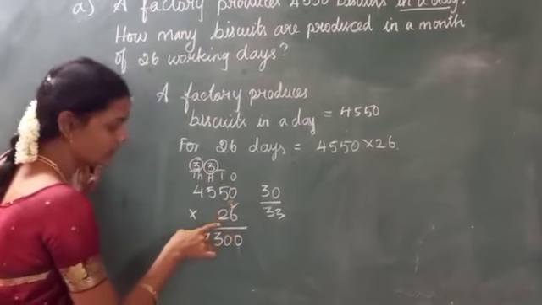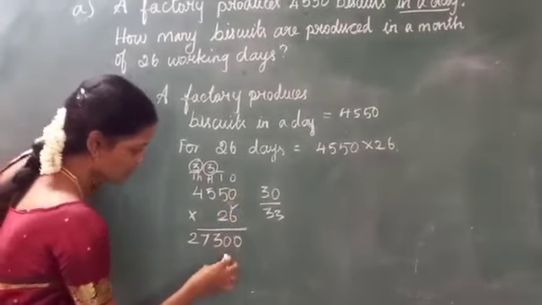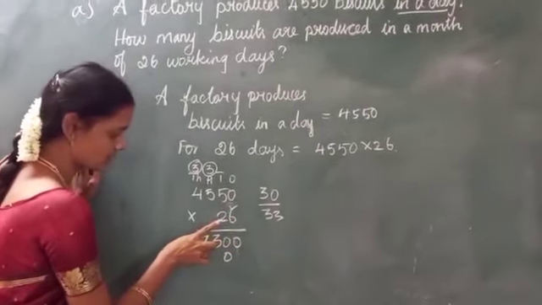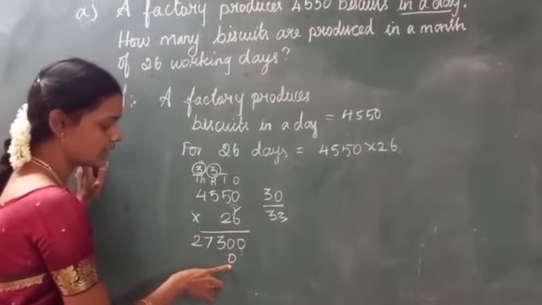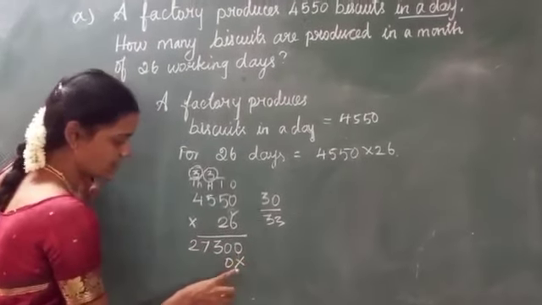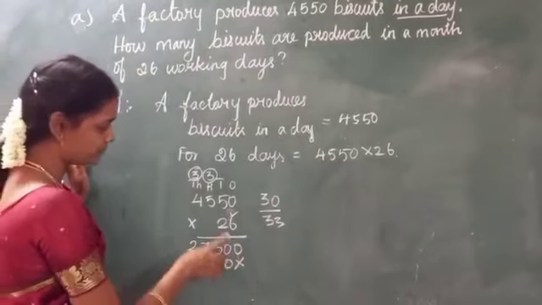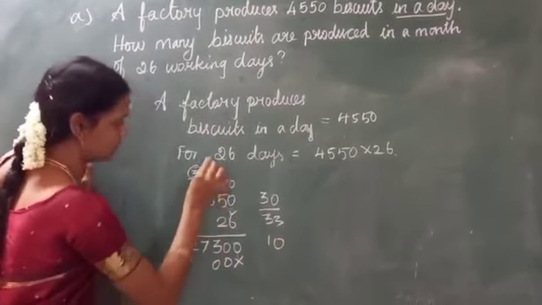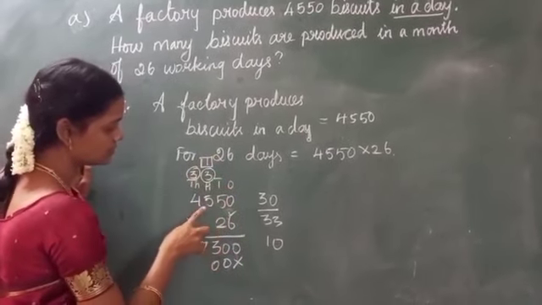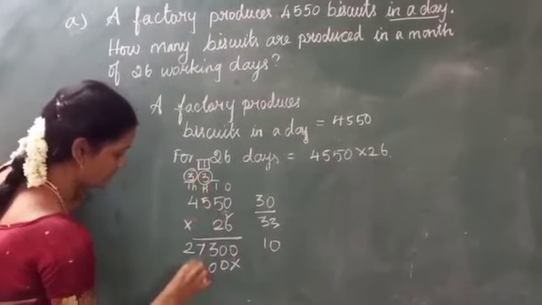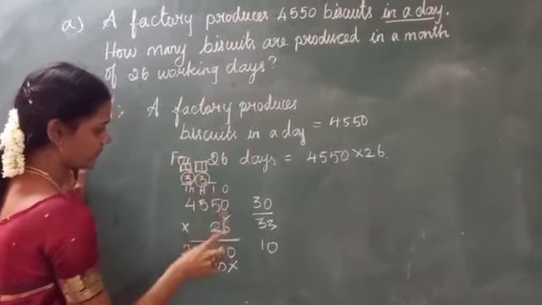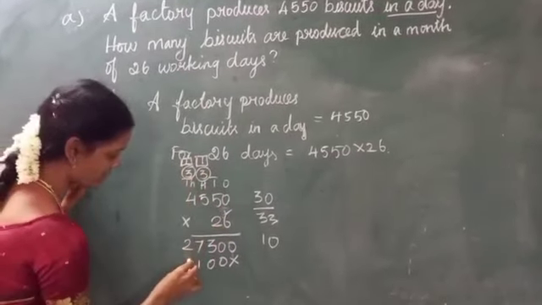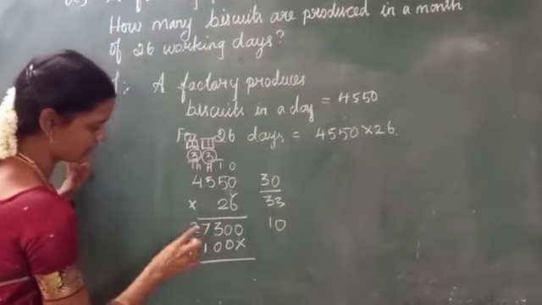Ones place over, next tens place. 2 zeros are 0. Here is the tens place, so I am starting to write in the tens place, and in the ones place we will cross out. Then 2 5s are 10. Then 2 5s are 10, 10 plus 1 is 11. Again 2 4s are 8, 8 plus 1 is 9. Now we are done with our multiplication.